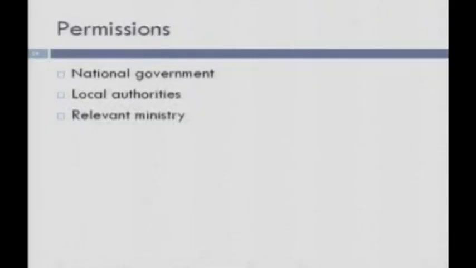Okay. There are other permissions. There's permission from the national government. There are also permissions from local authorities. It's often the case that if you're working in a district, there's a matrix organization to a government in a developing country. There'll be somebody in charge of a district, and then somebody in charge of education. Then there'll be an education ministry. So typically, you need to visit these people. You can't just go to the national government and get your study on education approved. In each of the districts you're working, you probably also have to visit the district commissioner and the district education officer.